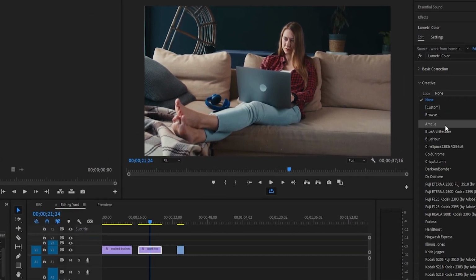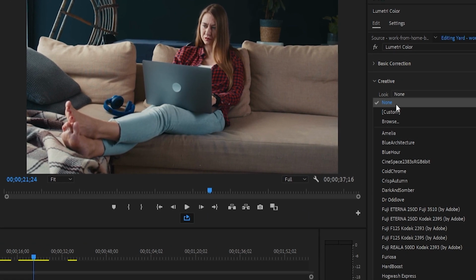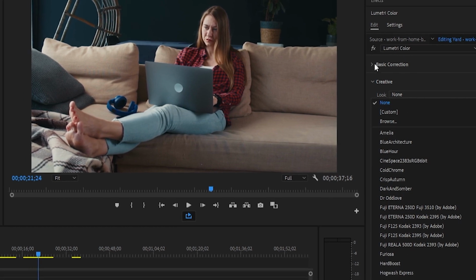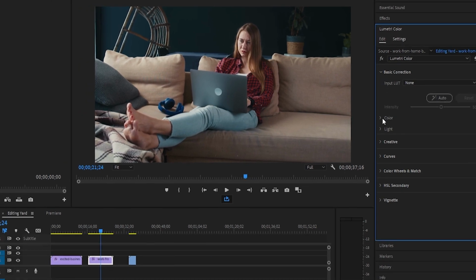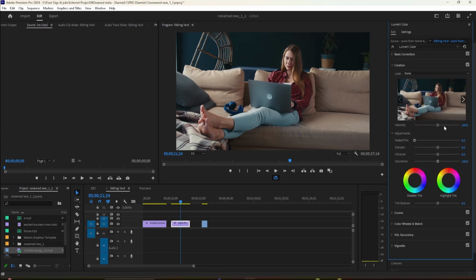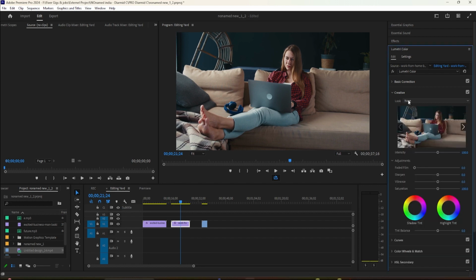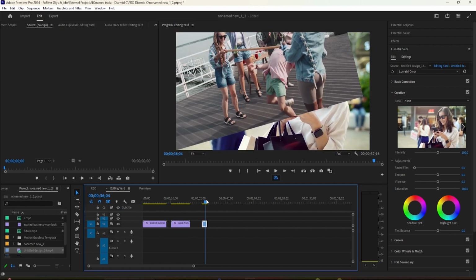Alright, so first let's talk about what LUTs are. A LUT is basically a file that contains predefined color values, enabling you to change the color and appearance of your footage with a single click. It acts as a translator, converting the input color values of your footage into a desired output color value, hence the name lookup table. In short, they speed up your editing workflow and make it so much easier to get your footage to the final product that you desire. LUTs are essential for maintaining visual consistency across different footage, cameras, and lighting conditions. They are widely used in the film industry and can dramatically improve the quality of your videos without extensive manual